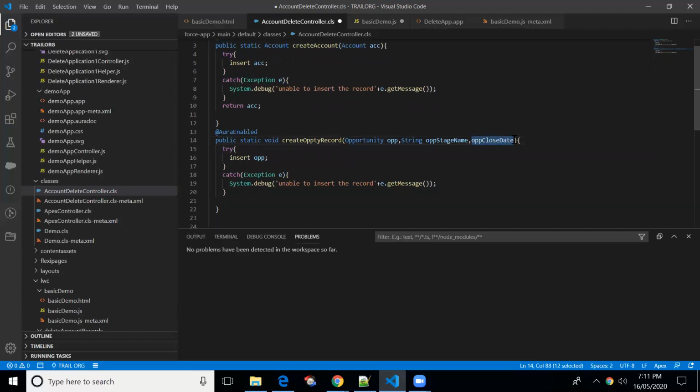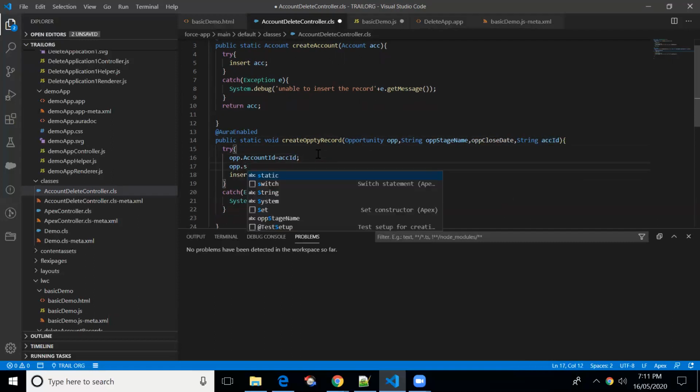One more property we have to pass is the account ID as well: String accId. Before inserting the opportunity, opportunity.AccountId equals accId. Basically this value will come from JavaScript.